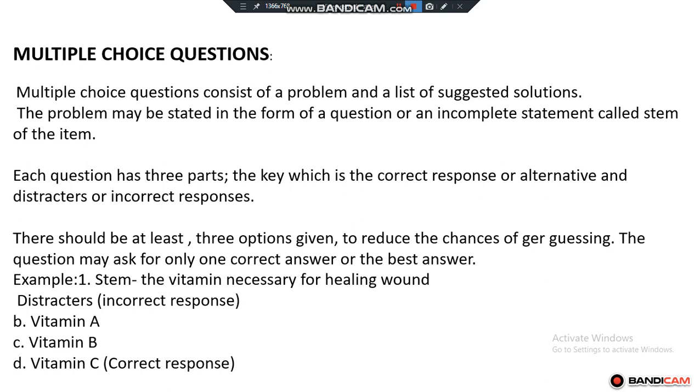It consists of a problem and a list of solutions, and each question has three parts. There will be alternatives and the correct response has to be chosen from that. You can see here an example: the vitamin necessary for healing a wound. That is the question, and in multiple choice it is called a STEM, and the correct answer is vitamin C. And you can see the distractors also. Minimum 3 to 4 distractors we put in the multiple choice question so that we can reduce the chances